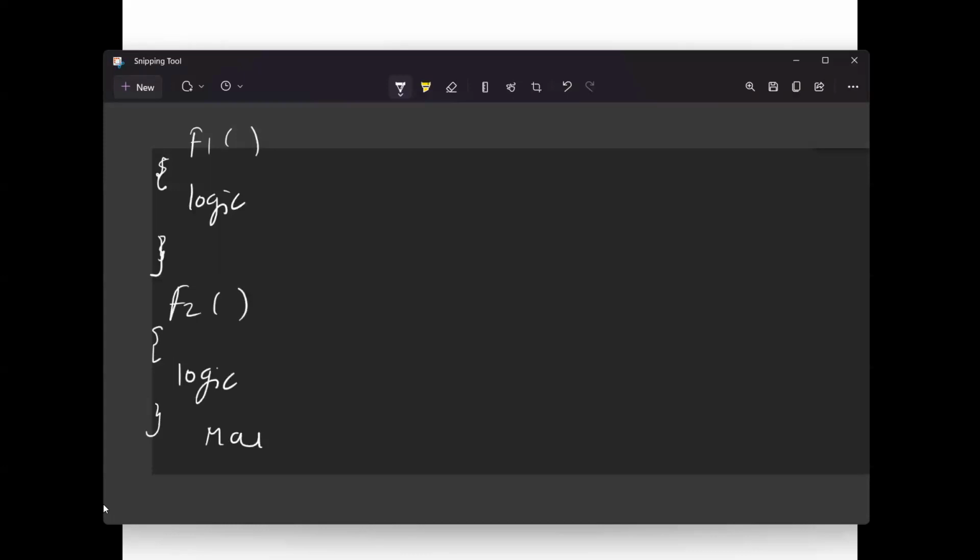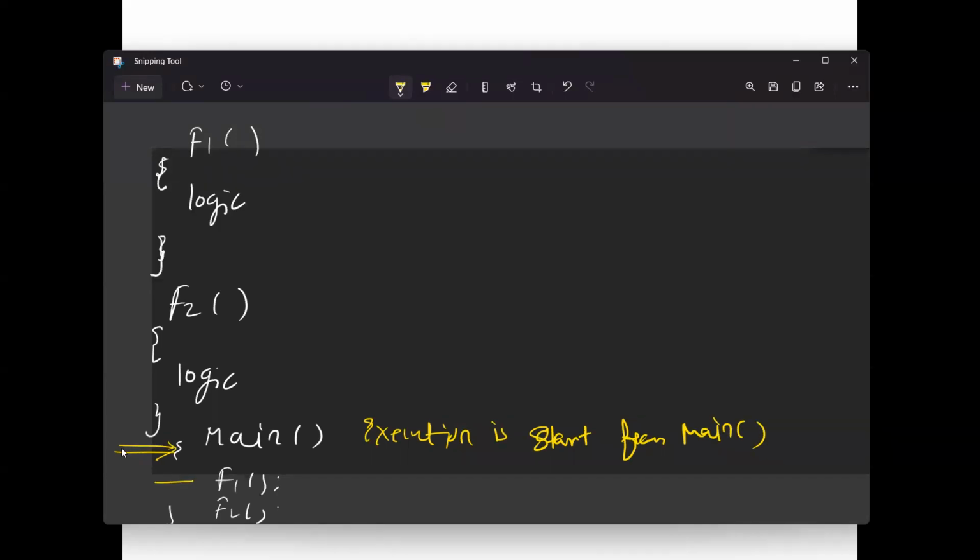And guys, there is a main function which will call all these functions. Suppose I'm writing F1 and F2. What will happen this time? This time control goes to F1. है ना? The main function is the entry point, guys. Execution always starts from the main function. Simple. तो अगर main function से execution start होगा तो first line is available F1. So the main function is called, I can say the calling function. It is calling which function? F1. So what will happen? Control goes to